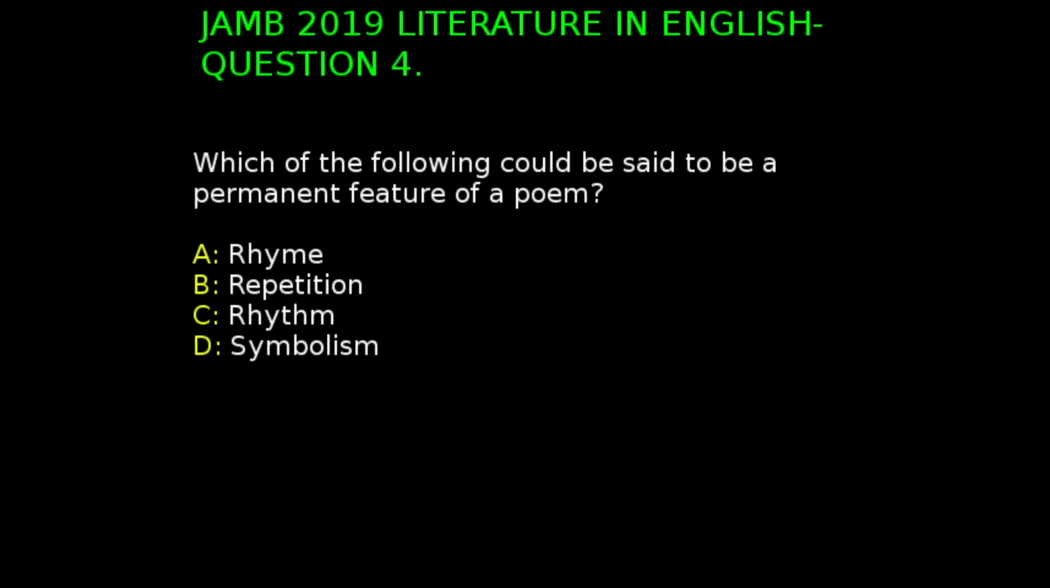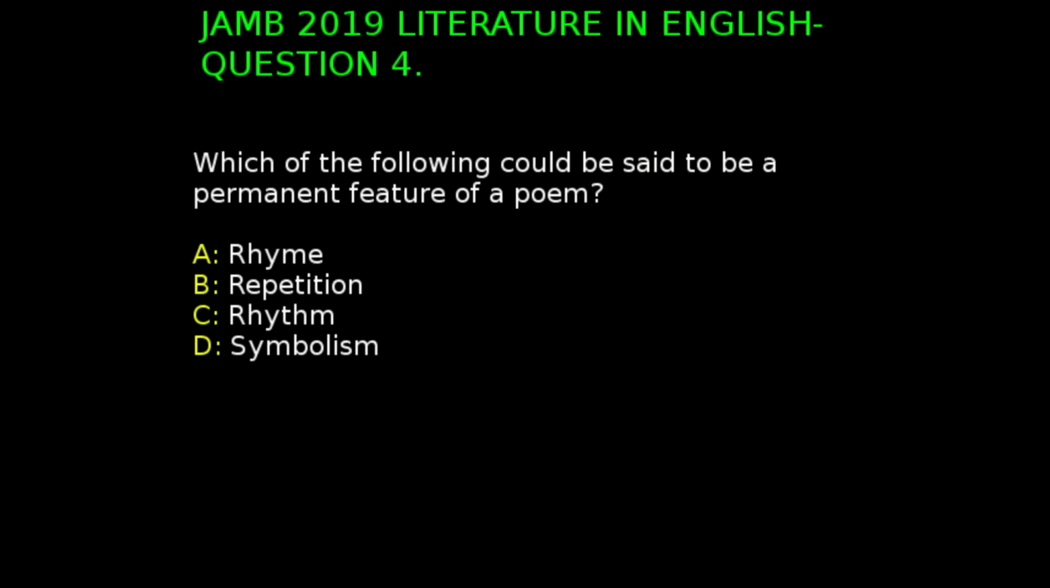However, there is only one that is a permanent feature, without which the literary work cannot be called a poem. Not all poetry may have rhymes or repetitions or symbolism, but all poetry has rhythm. Rhythm is a strong, regular, repeated pattern of sound and is the beat in a poem, which determines the control